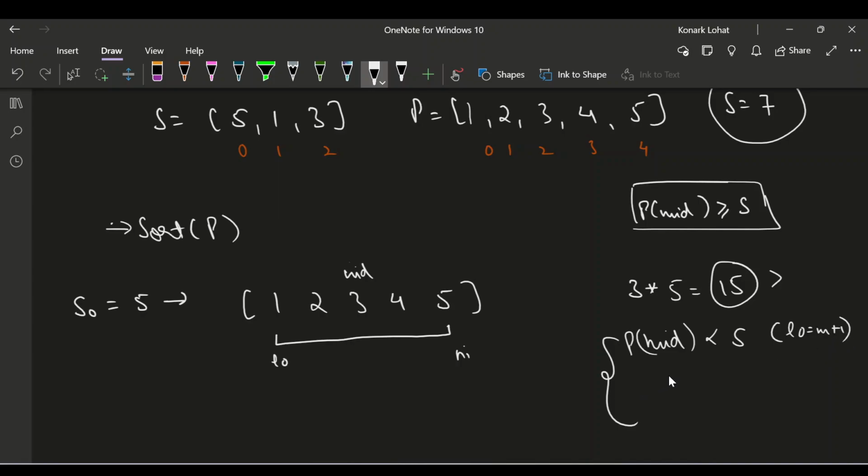Right? Now there's another case. The other case is if the window, and we need smaller elements. How will you know that you need smaller elements? If p of mid is greater than or equal to s, but the element on the left side of it, that is p of mid minus 1, is also greater than or equal to s, right? If this is the case, then you will know that for this particular case I need smaller values,